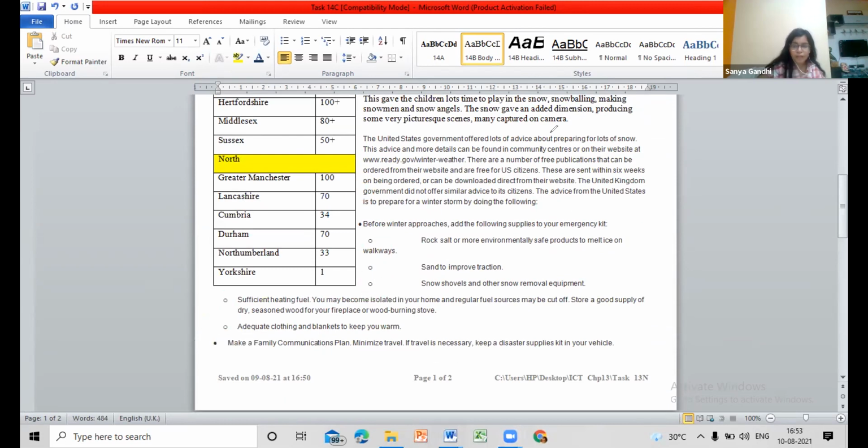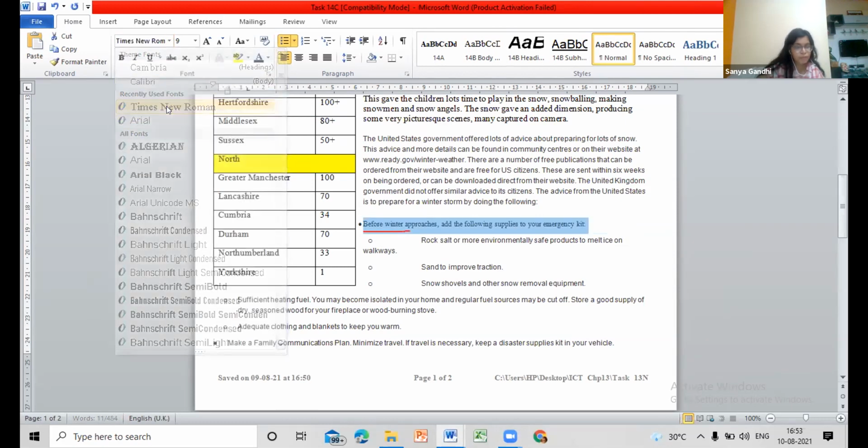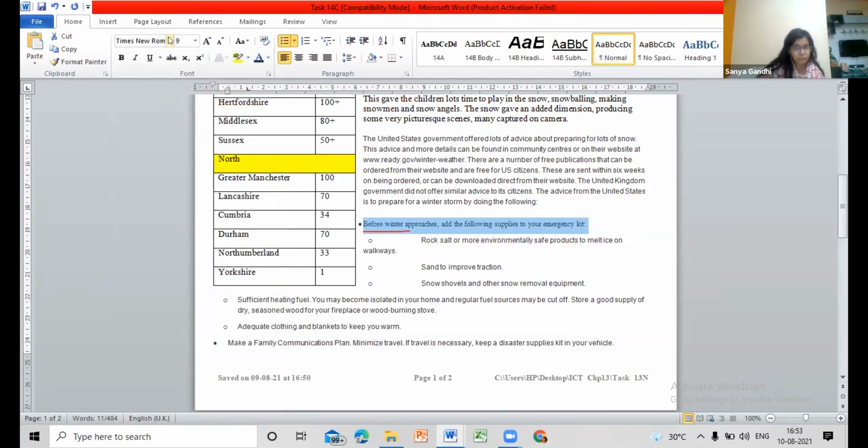Now what do we have to do with the level 1s and the level 2s? With the level 1s, can you select any line with level 1? List level 1, this one? Yes. Select it. We have to do some styling to this. We have to make it serif. What is serif? Times New Roman. Yes. We have to make the font size 11. We have to make it left indented as 1 centimeter. We have to work that from here.